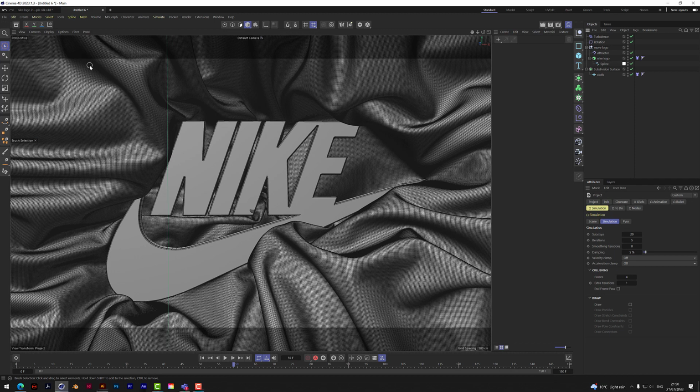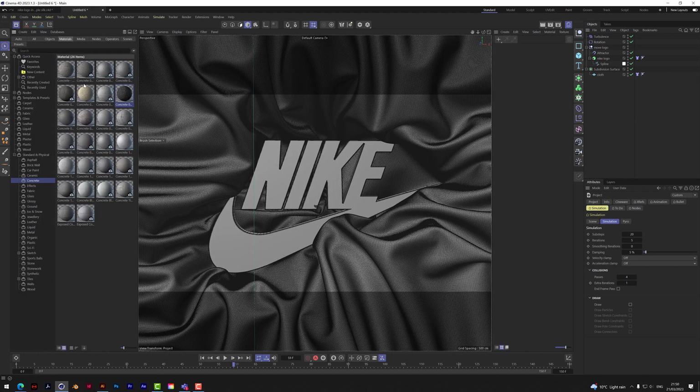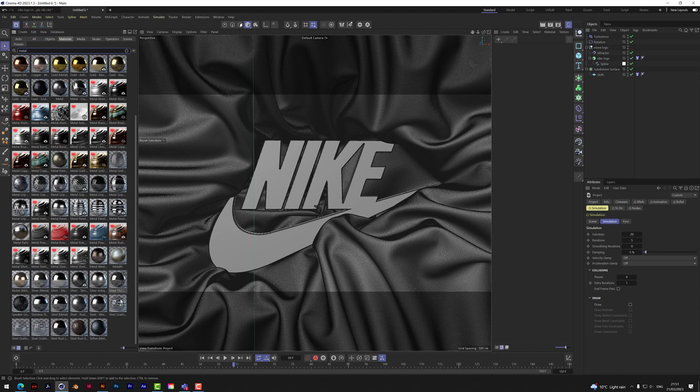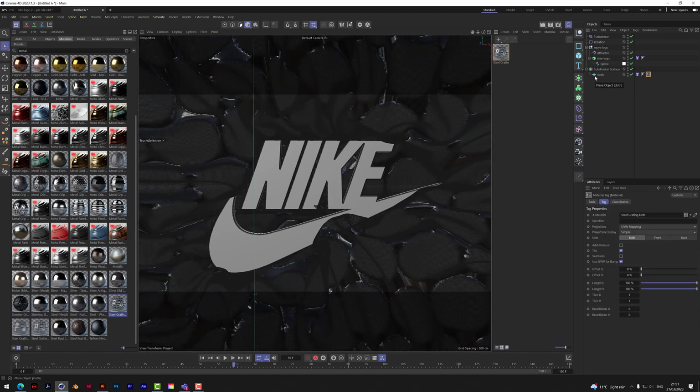I'm just trying to think. Yeah, let's do one with a mesh. So I just want to show you the mesh actually. So if we just go and search for metal, then we've got these kind of meshed ones here, which are really nice. So this one, this steel grating here, if we go for that one, and then if we apply that to the cloth, now it's really big at the moment, and we need to scale it down to say